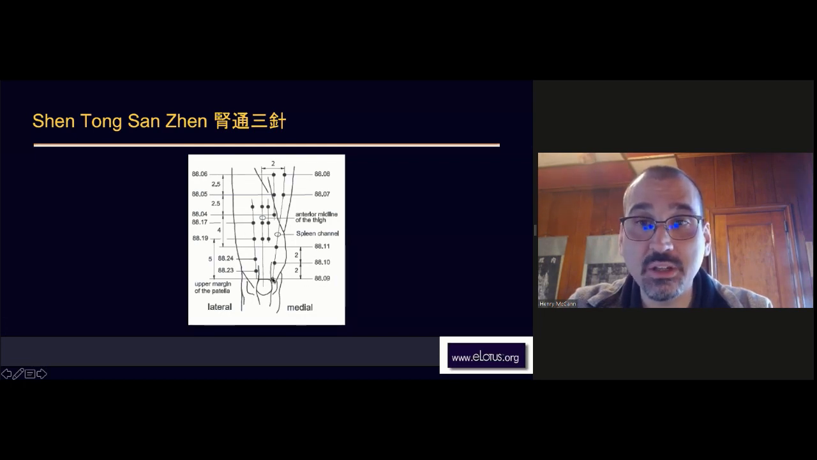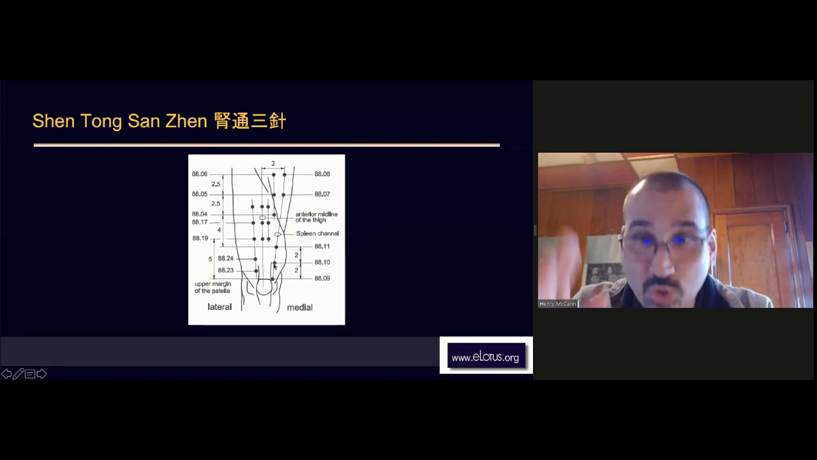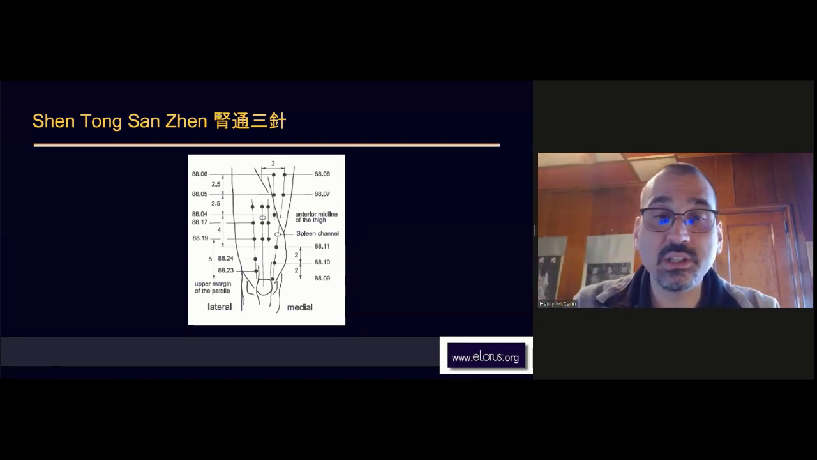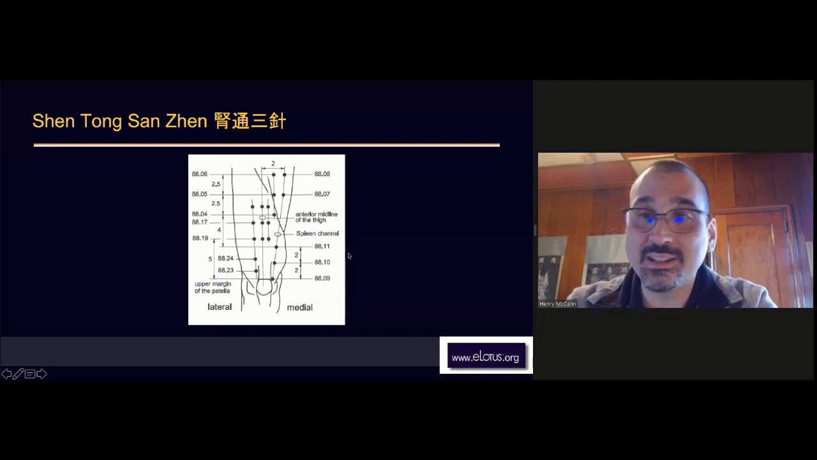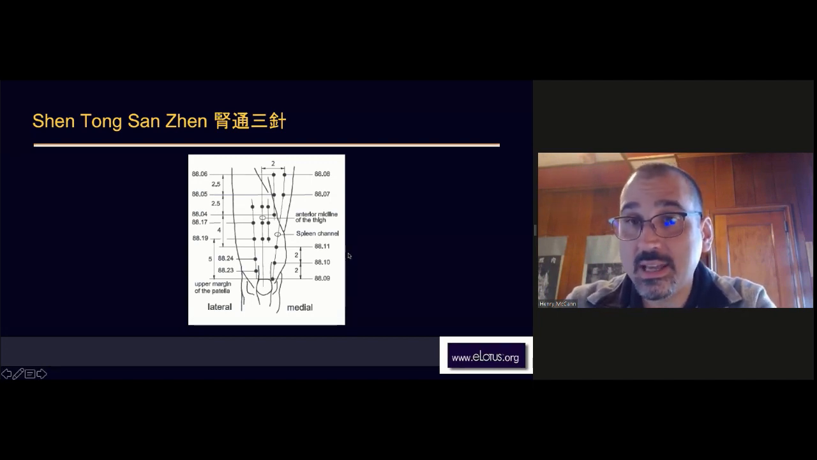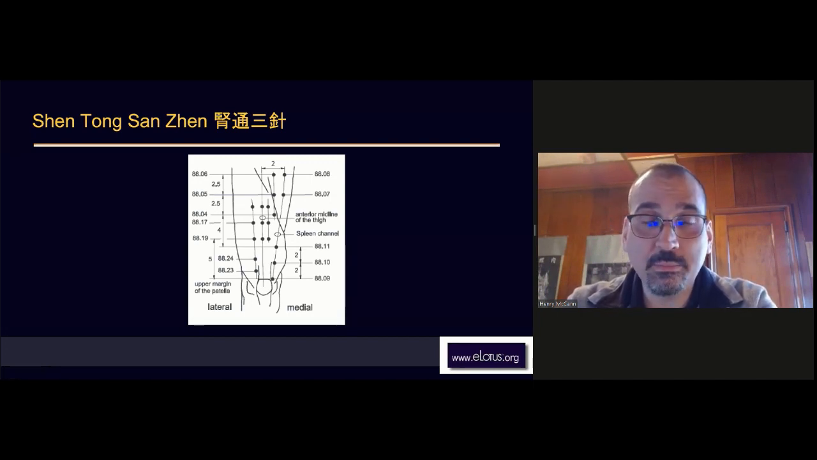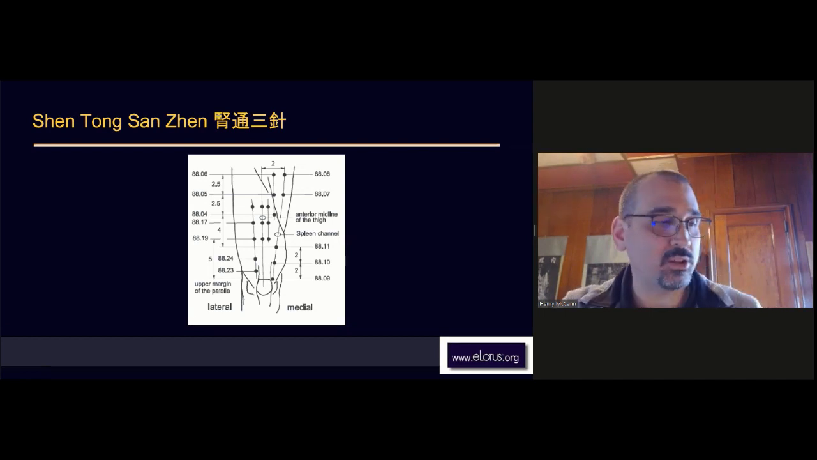8809 is the medial superior corner of the patella. 8810 is 2 above that. And these are also along the femur. So this one is basically 8810 is more or less Xue Hai, spleen 10, sea of blood. And then 88.11. And like I said, we'll come back and talk in more detail about these points